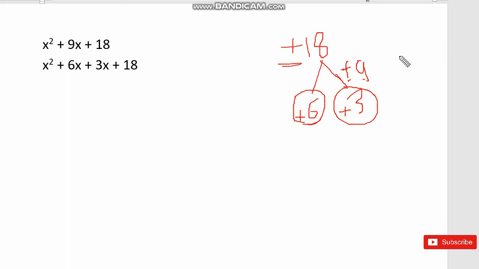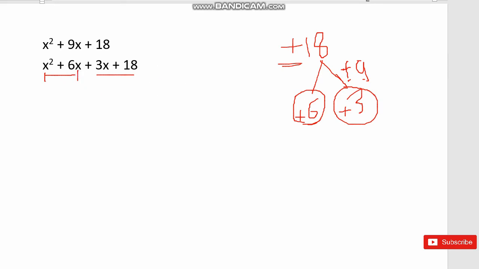We are just splitting the middle term 9x and factorizing the last term. We have split and we get the four terms here, and we make two groups of these four terms. This is the first group and the second group. Now let us see what we can do here. In the first group, we just take the common. Here is the x and here also the x.